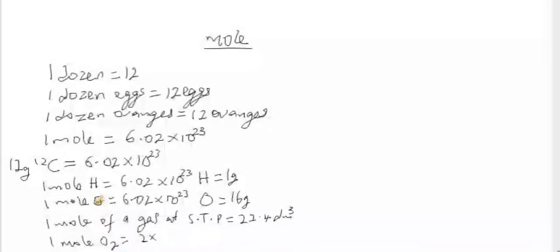So if 1 mole of O is this, then 2 moles of O should be 2 times this. That's 2 times 6.02 times 10 raised to power 23